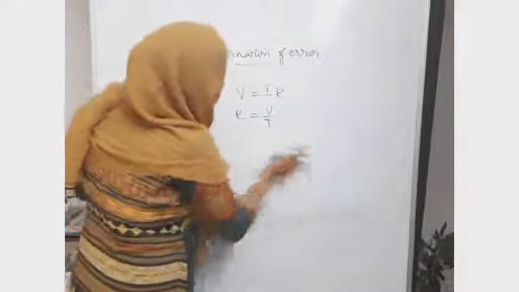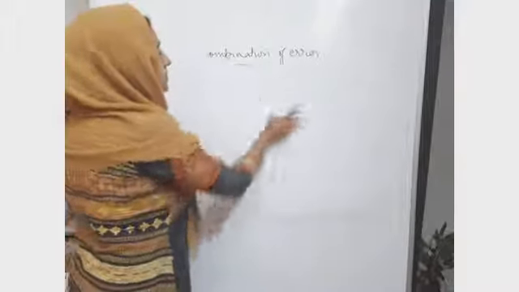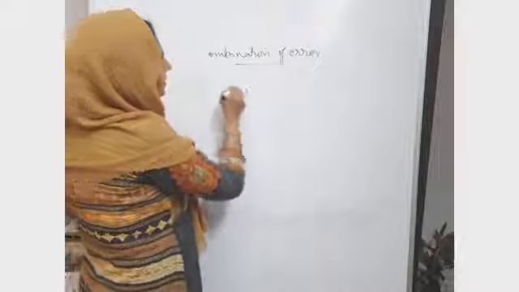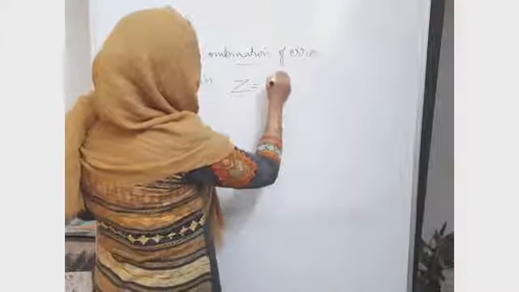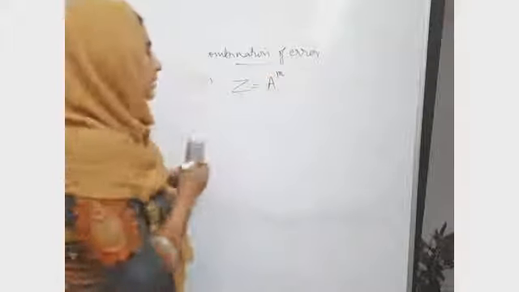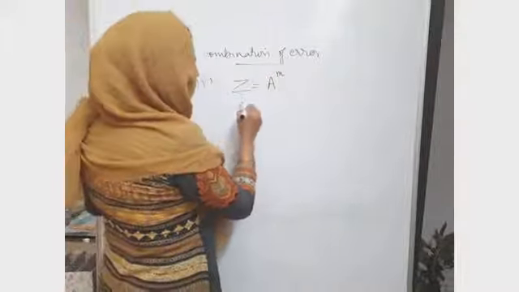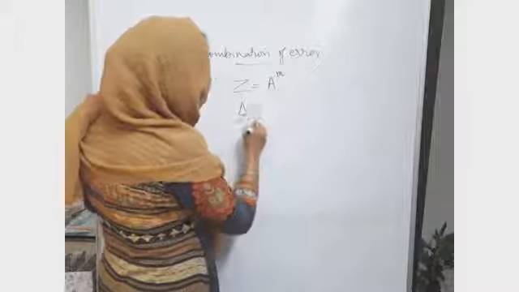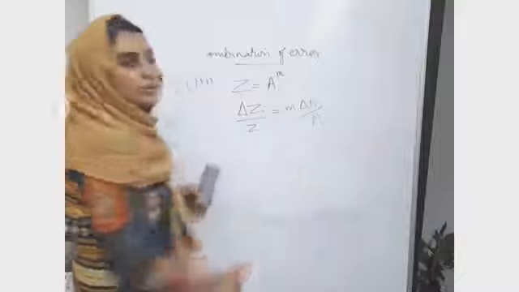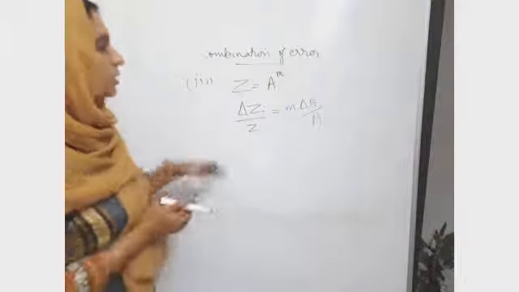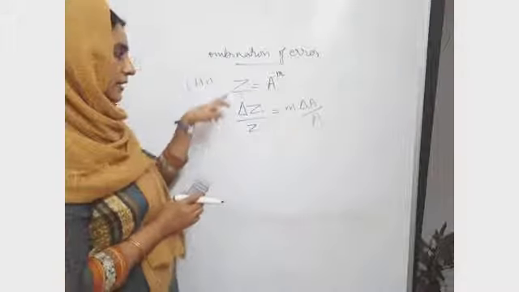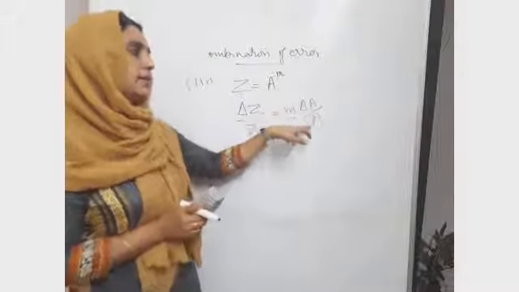So next is power. What if it appears as the power of a physical quantity? It is Z is equal to A raised to M, that is, A raised to the power M. In that case, again it is the relative error. Delta Z by Z is equal to M into delta A by A. So that means it is the power multiplied by the relative error. The relative error in Z will be the power multiplied by the